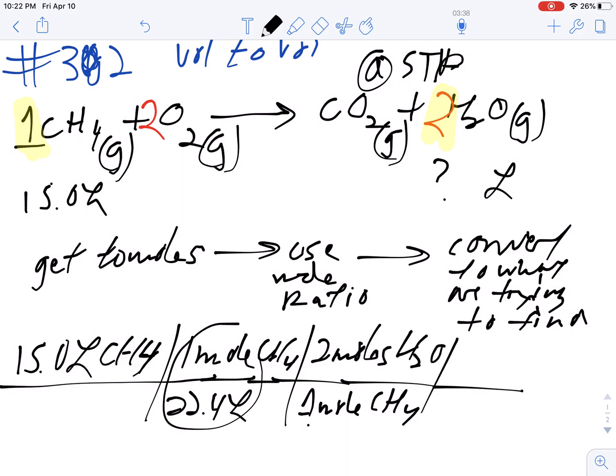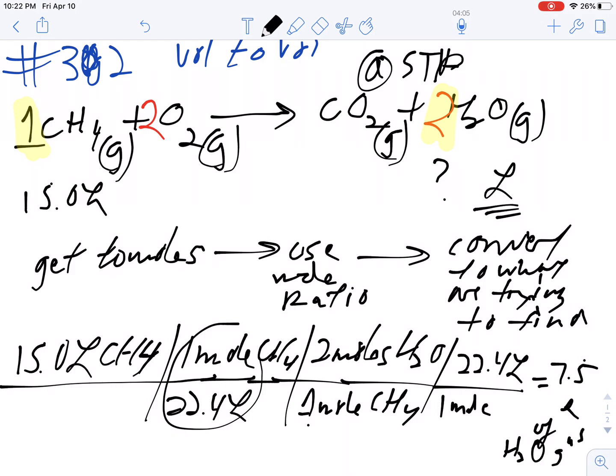And then my last step is to convert back to what I'm trying to find, in this case liters. So what is the relationship between moles and liters? Well, at STP, 1 mole is equal to 22.4 liters. So I can multiply this out, and my answer is 7.5 liters of water